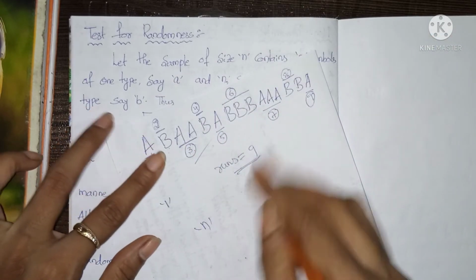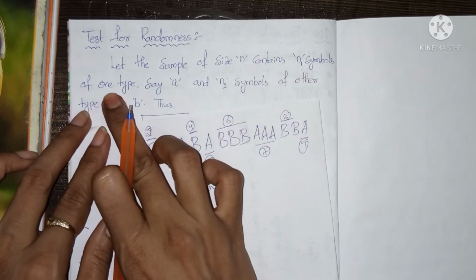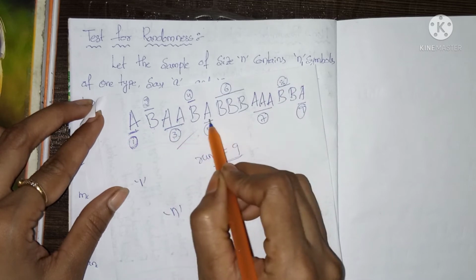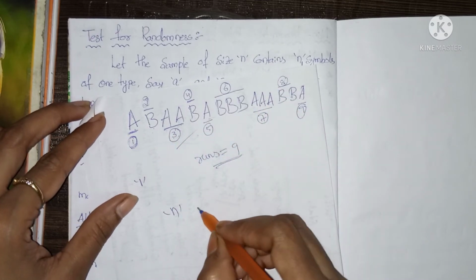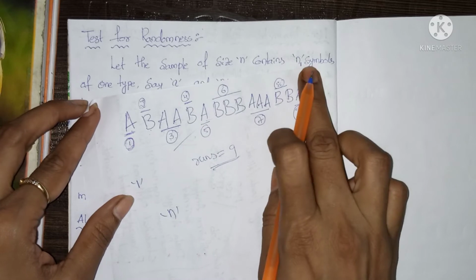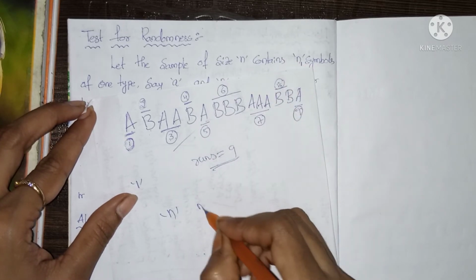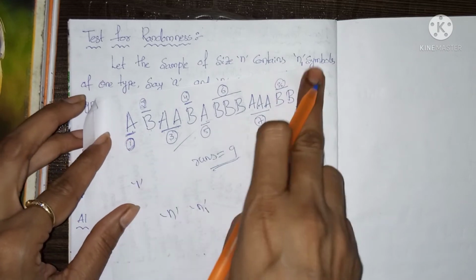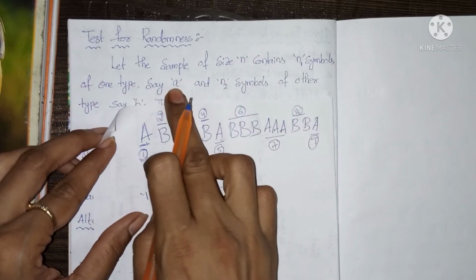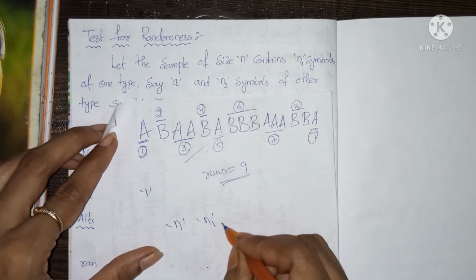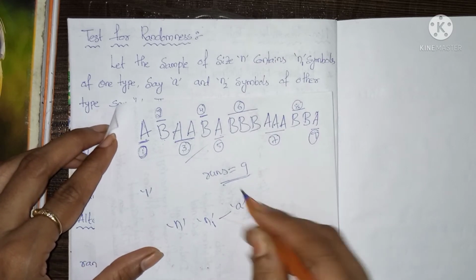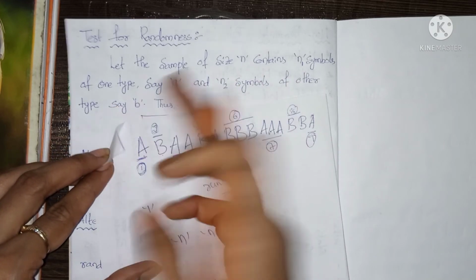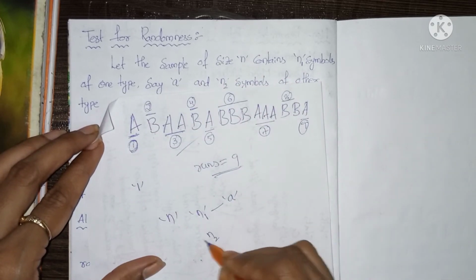So n1 symbols of one type. That means all A's are one symbol, so that's why we are taking that as N1. Its sample size is N1, all symbols of one kind, say small a. And N2 symbols of another type, say B. So B has N2